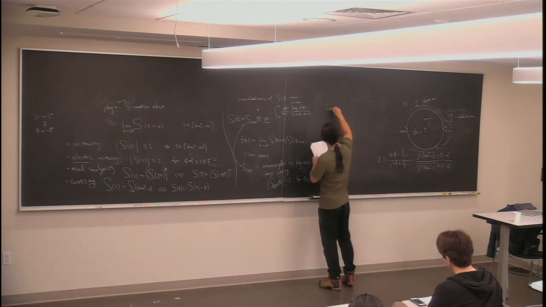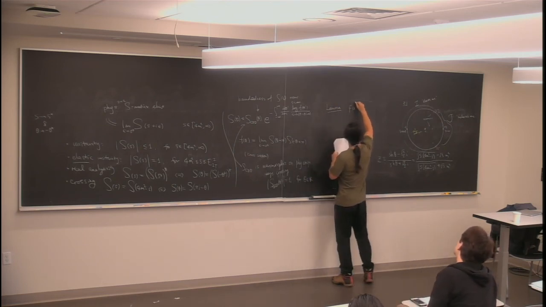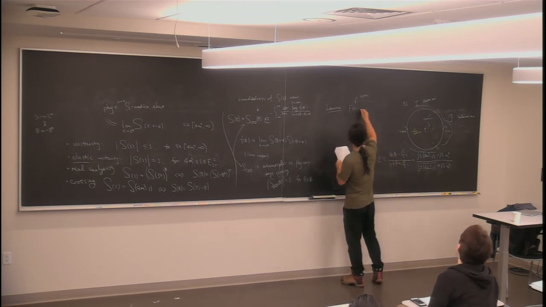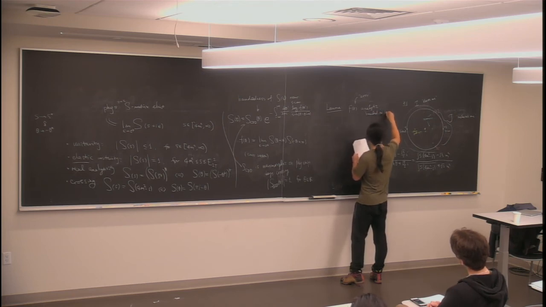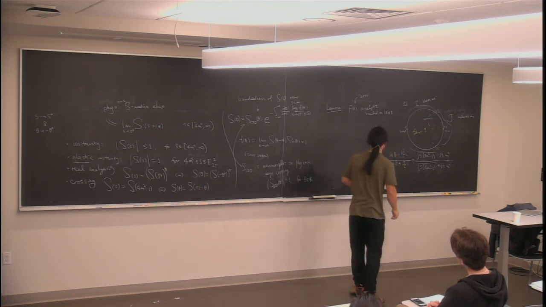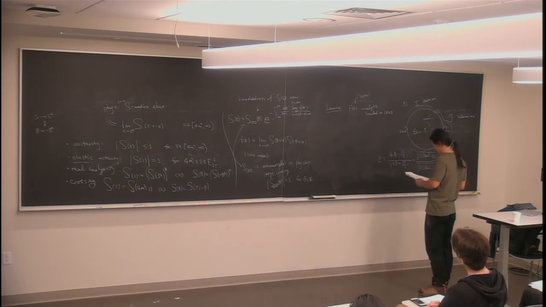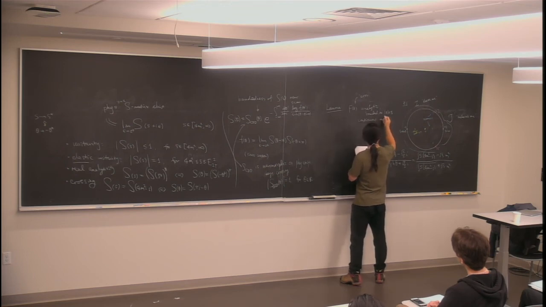So the lemma is the following. So let's say f of z. Just think of this as an error, not the S-matrix element itself that we're trying to find. So suppose f of z is analytic and bounded in the interior. Bounded in the interior of the disk and continuous along the boundary of the disk.